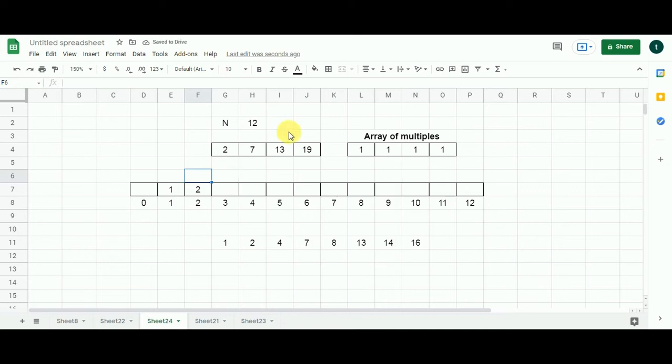Now we move to the third number in the array of primes. The number is 13. Let's multiply it with the value at index 1, as it is the value that exists in the corresponding cell in the array of multiples. The value in the solution array at index 1 is 1, so the multiplication result comes out as 13. Between 13 and 2, 2 is the minimum, so it stays. Similarly, I will multiply 19 with 1, which will give me 19, and again it is not less than 2,